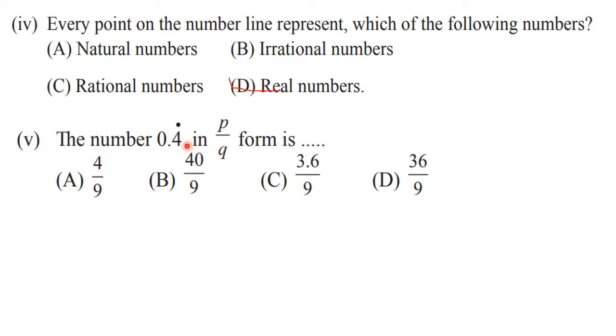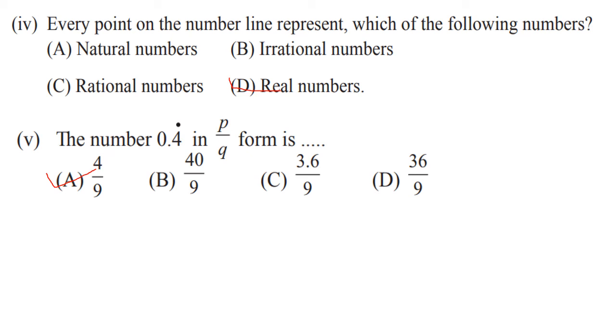So simply I have 4 here and only one digit, so 4 upon 9. If I am having 42 here, then it will be 42 upon 99. So 2 digits, then 99. 3 digits, then 999. Okay, so here very easily we can say that the p upon q form is 4 upon 9. Let's go further